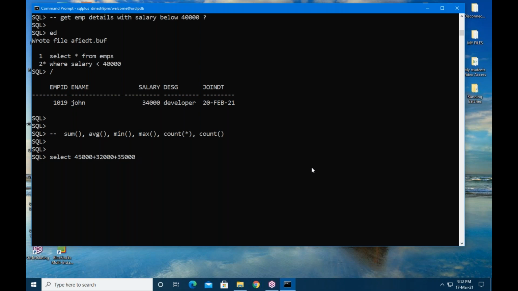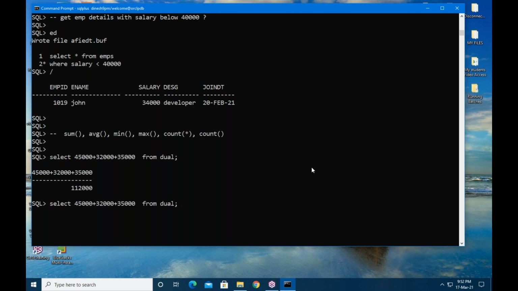How to find out the sum of all salaries? 45,000 plus 32,000 plus 35,000 from dual. This is called an arithmetic operation. The total salary is 1,12,000.